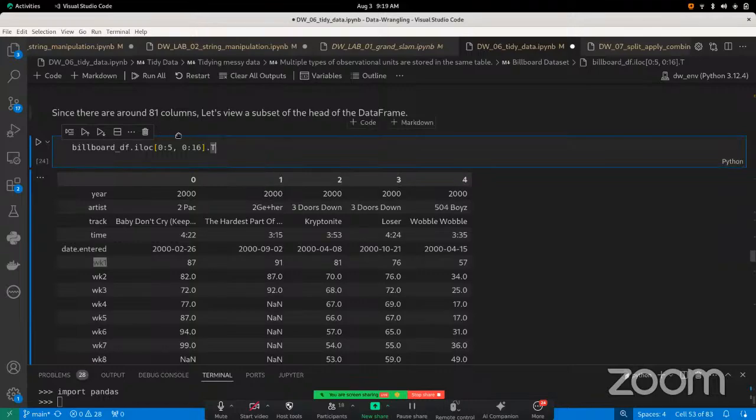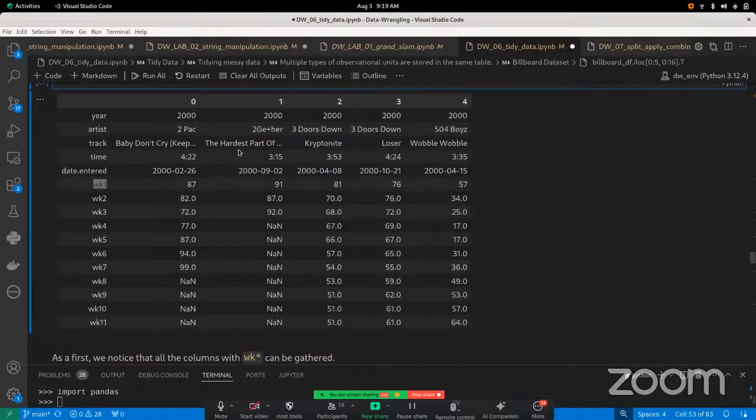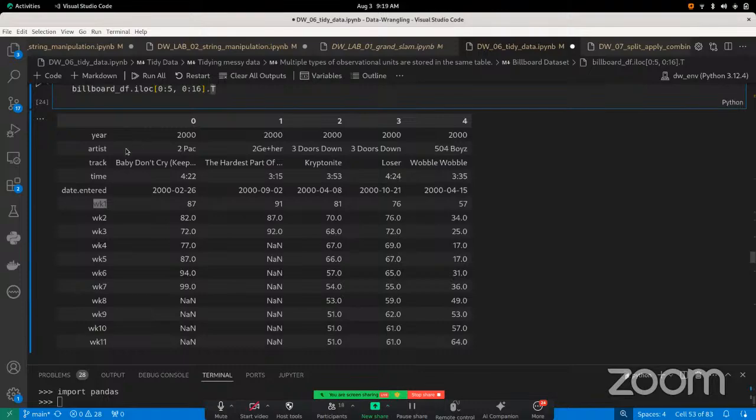So let's take a look at this data set. Since it has so many columns, I have transposed it, and we're just taking a small glimpse of the rows and columns. So you'll see all the column names as the first row and the observations along the side. You can tilt your head a little bit to get an idea of how the values are. So now we see we have year, artist, track, time, date entered, then week 1, week 2, week 3,